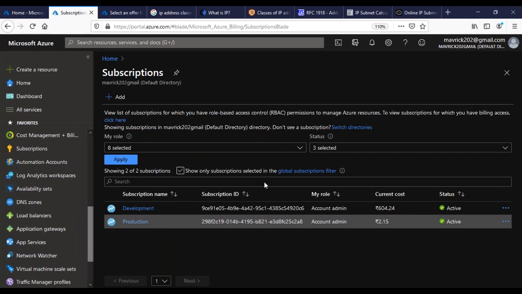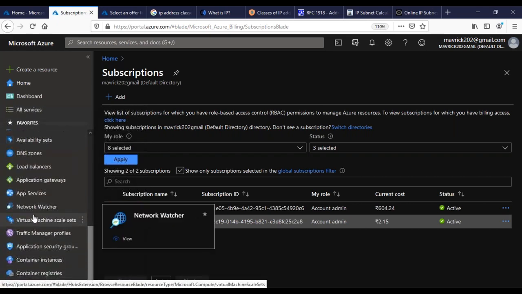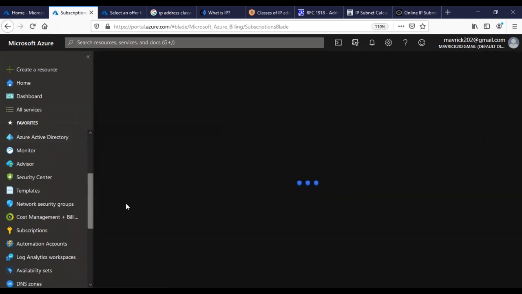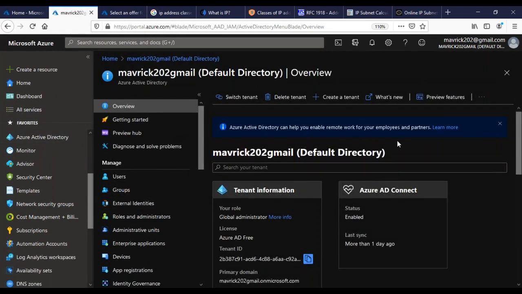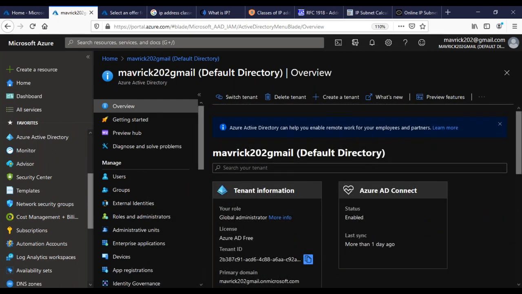For example, there is Azure AD. Let me go to Azure Active Directory here. It's the default directory, right? If you see, subscriptions are not actually mentioned here. It's fine.